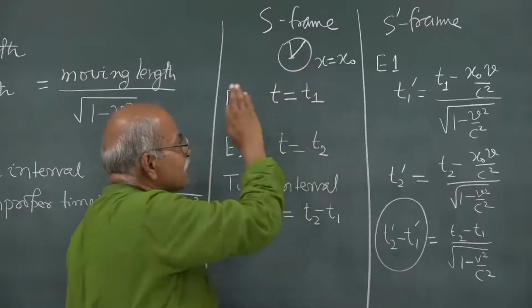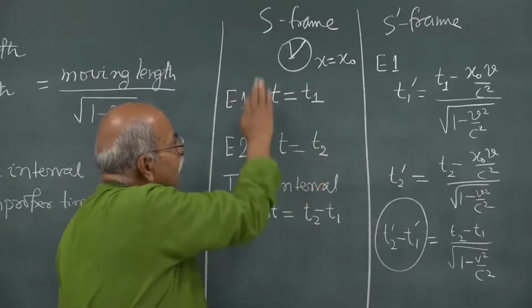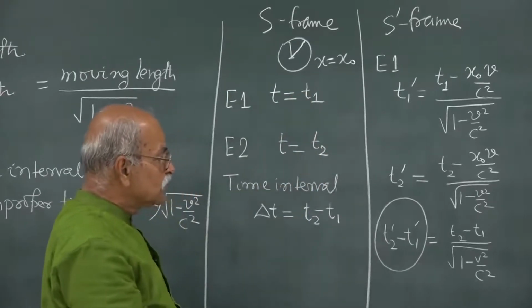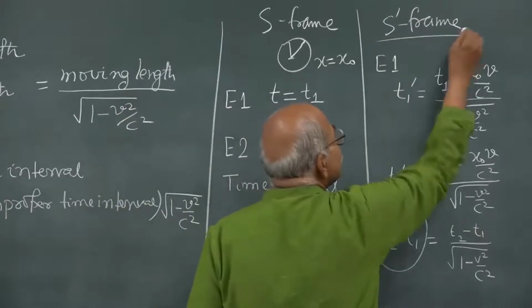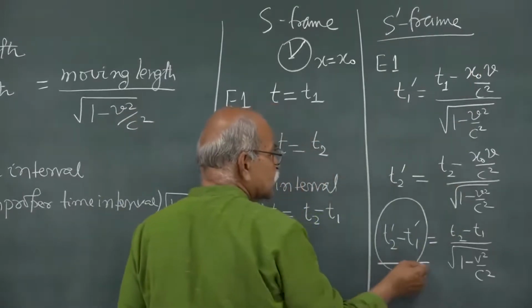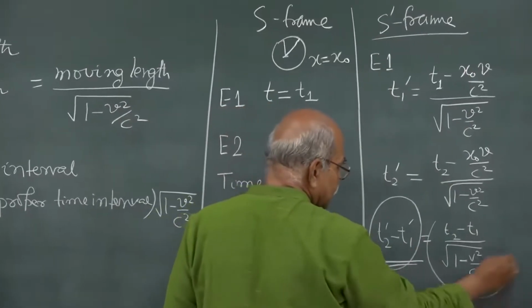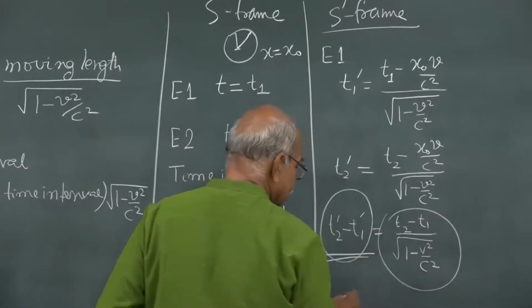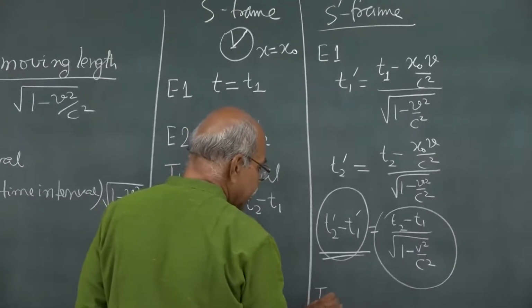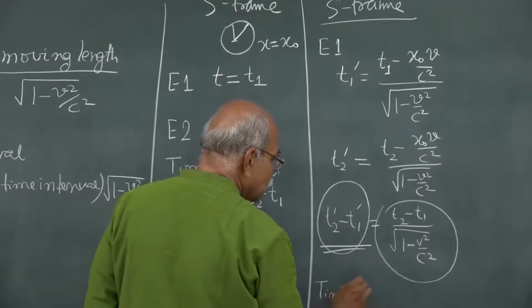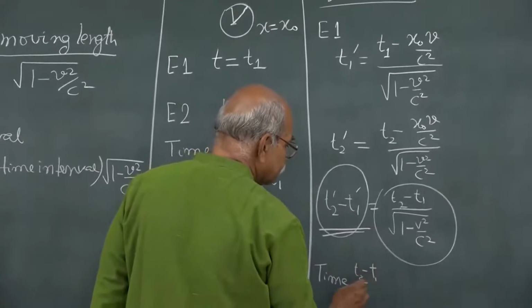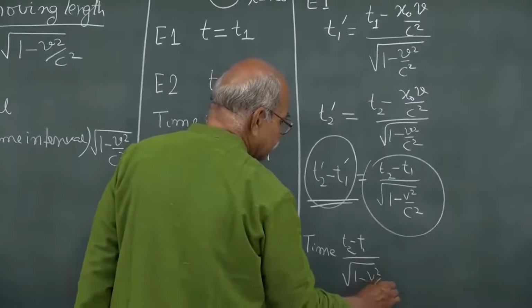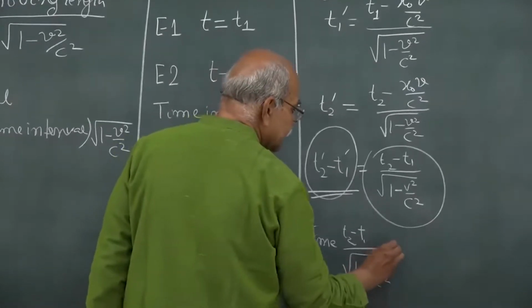So, this clock has advanced on its dial t2 minus t1, whereas the time elapsed, I am talking from here, is this much and that is this much, and this is greater than t2 minus t1. So, time t2 minus t1 by square root 1 minus v square by c square is elapsed,